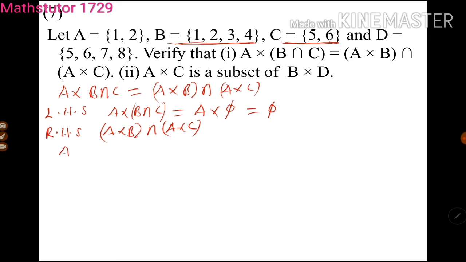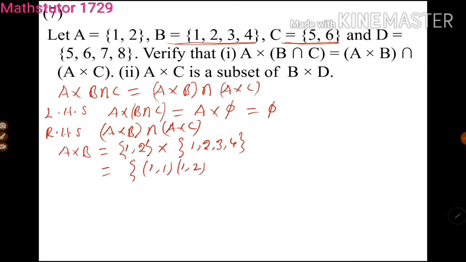Now find A cross B first. What is the set A? 1, 2. What is the set B? 1, 2, 3, 4. Now make the ordered pairs: (1,1), (1,2), (1,3), (1,4), and with 2: (2,1), (2,2), (2,3), (2,4). Okay, now